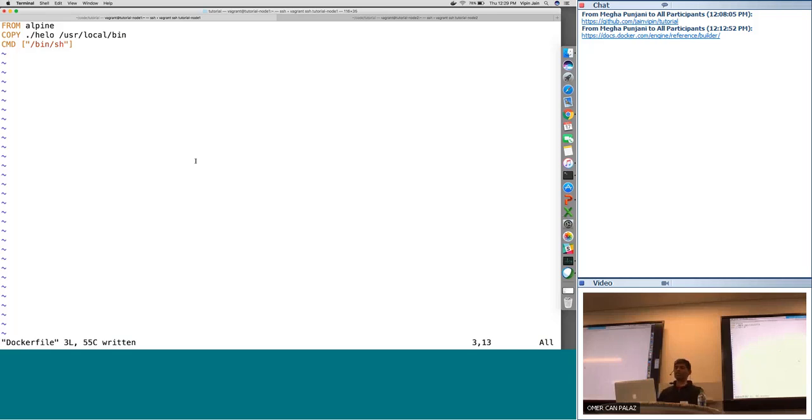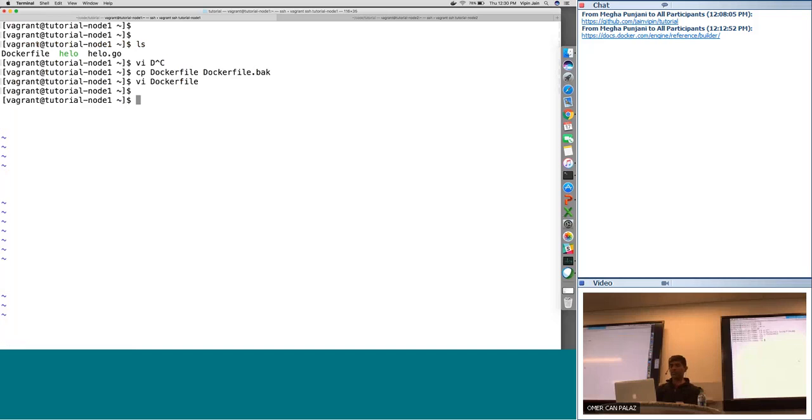So I changed my container definition. I am now actually taking a Linux distribution called Alpine. You can put Ubuntu or CentOS here, and nothing will change. Alpine is a very small image. That's why I prefer using Alpine during demonstrations, because it's a very small Linux distro. What I'm going to do is copy my binary into user local bin, which means once I get into the container, I should be able to run this natively. And then my default command is going to be a shell script, which will continuously run. So let's build that, and we are going to call this hello2 maybe.